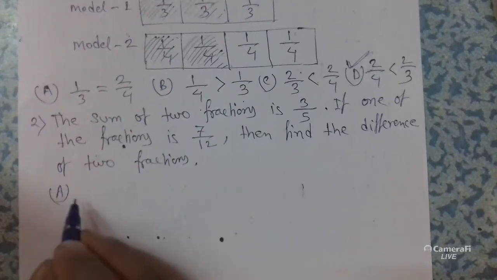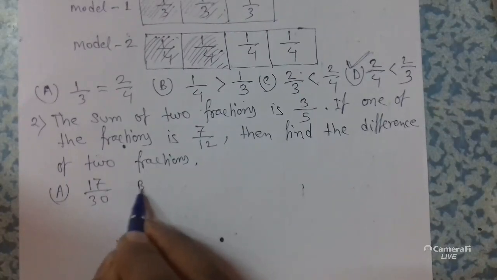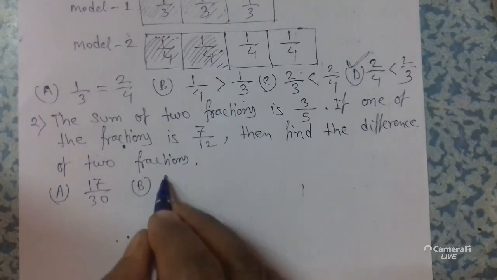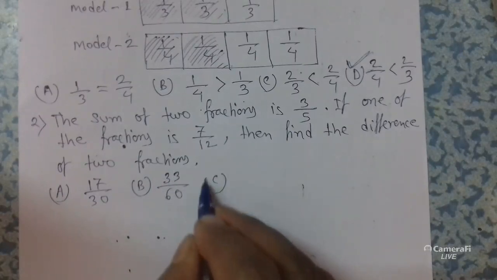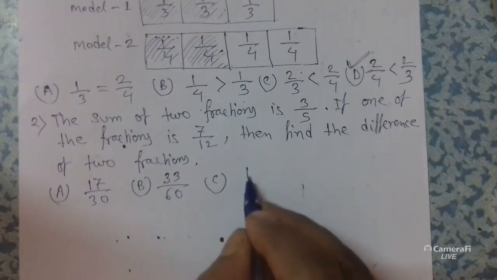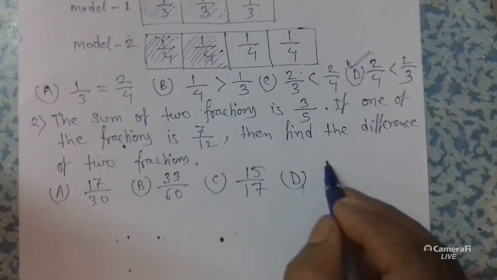The options are: A, 17 by 30, option B 33 by 60, option C 15 by 17 and option D